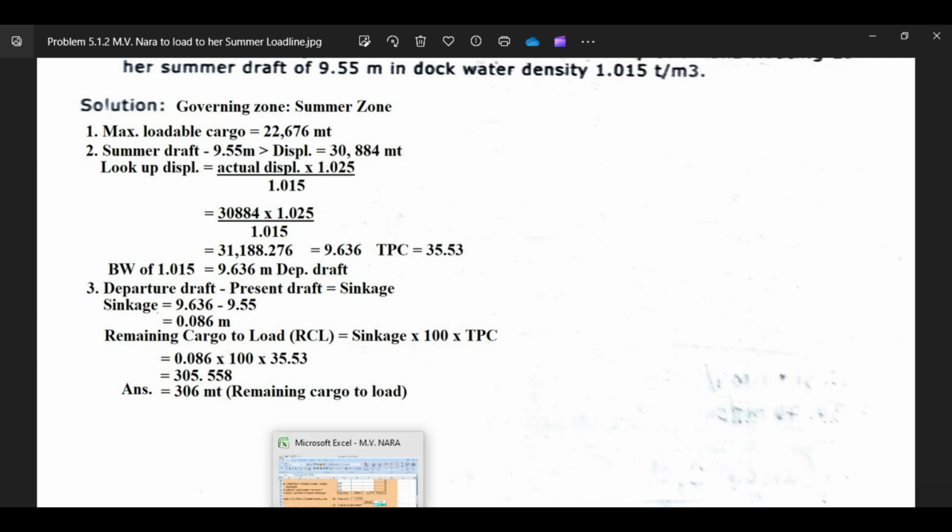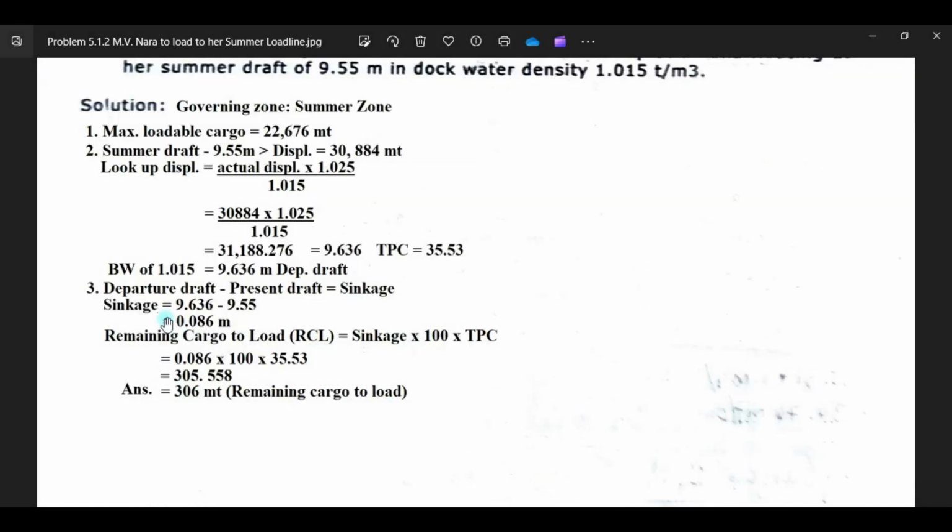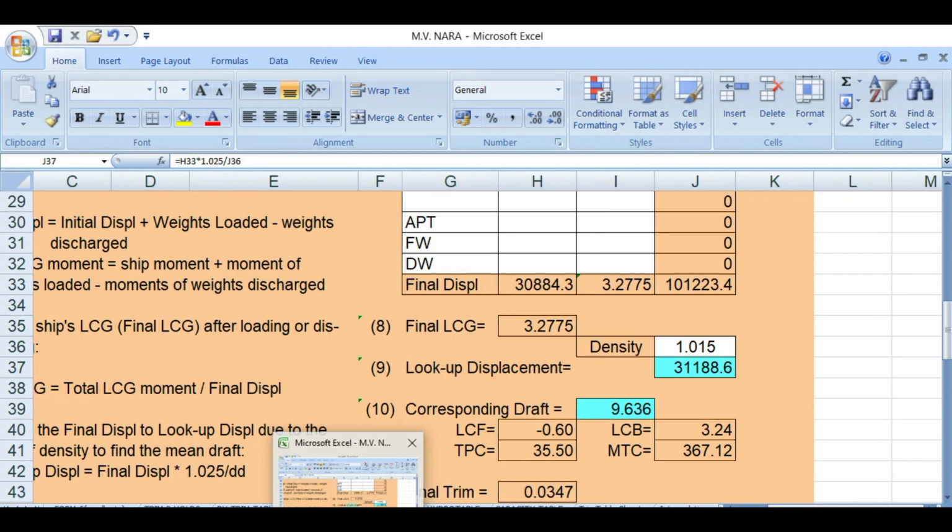Check again. 31188.276, and your corresponding TPC is 35.53. We will check that later. Okay.